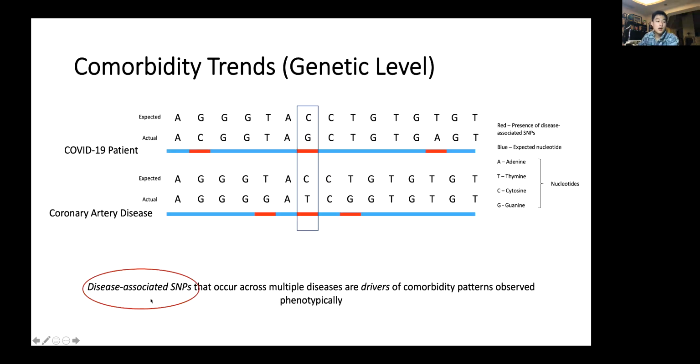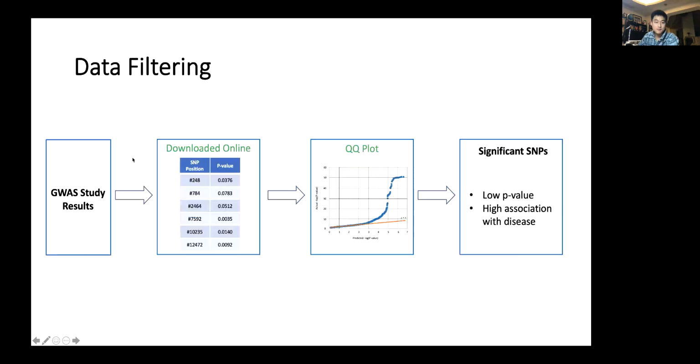And now you might wonder, how exactly do we recognize these reoccurring disease-associated SNPs? How do you differentiate that from a sporadic mutation on a person at a random spot? So essentially, how we do that is to use the power of the scientific community. There are studies called genome-wide association studies, which have the goal of trying to find these disease-associated SNPs for a particular disease. And so now that we have the background covered, let's move on to how I filtered my data in my